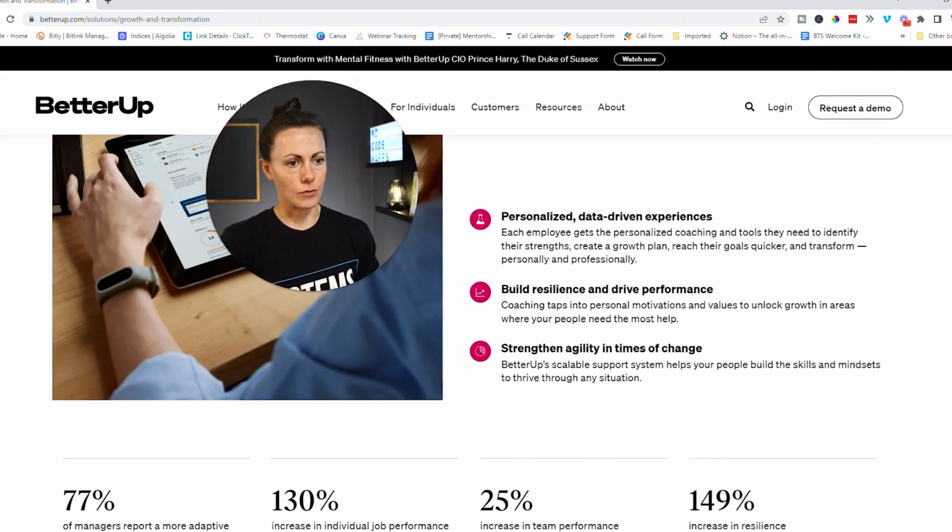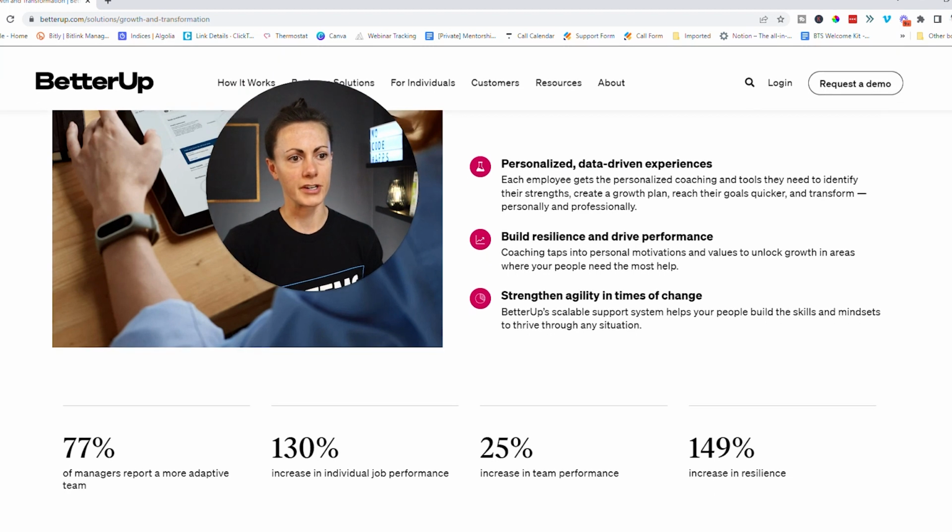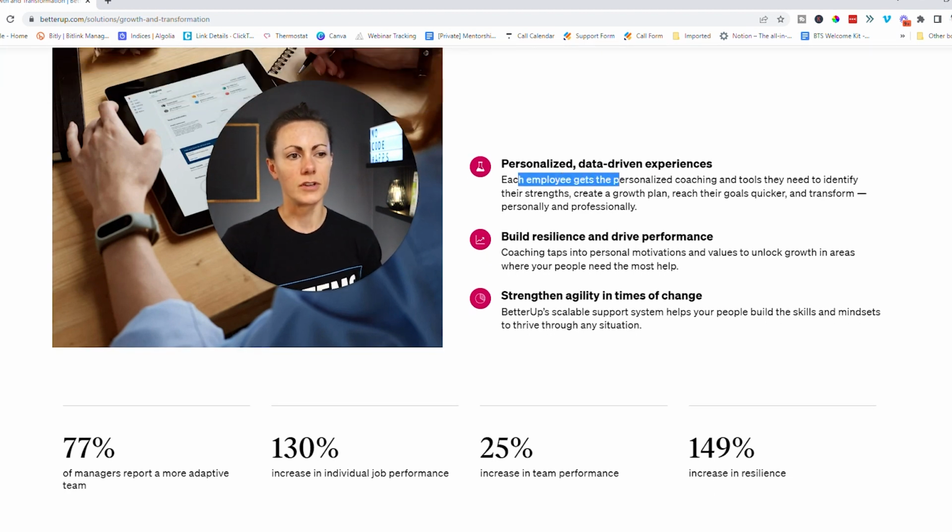So, and here too, this is sort of talking about features, personalized, data-driven experiences, but it's still really focusing mostly on that outcome. Now, if you understand which stage of that hierarchy your app should apply to and what outcomes you actually want to enable your users to achieve, and you want to keep a really tight and narrow focus